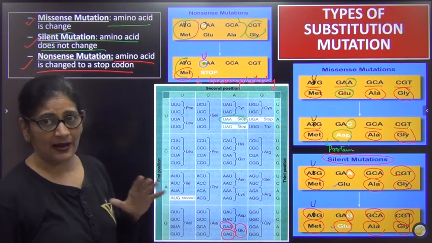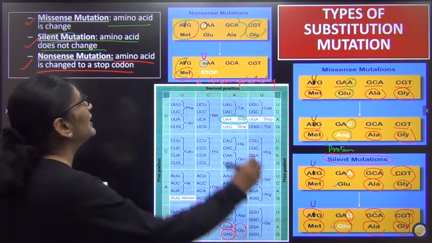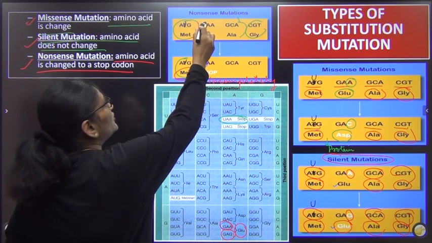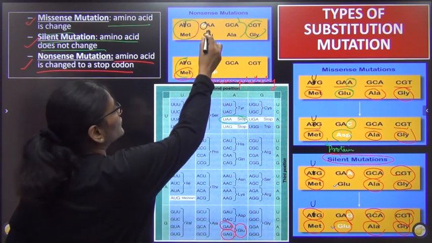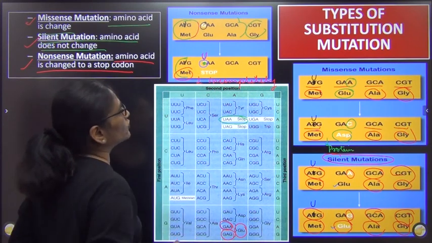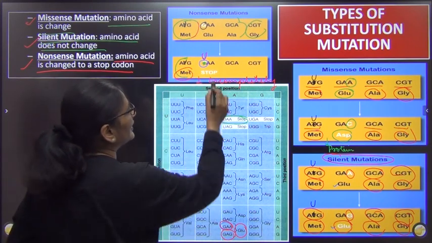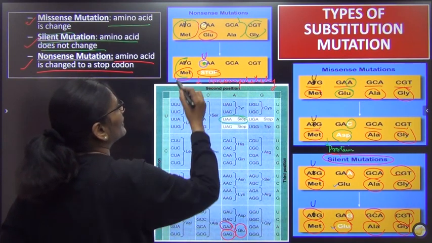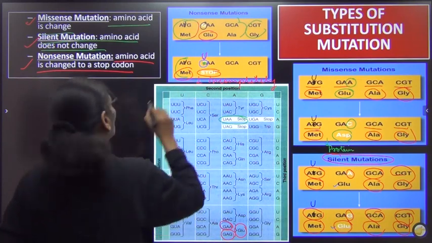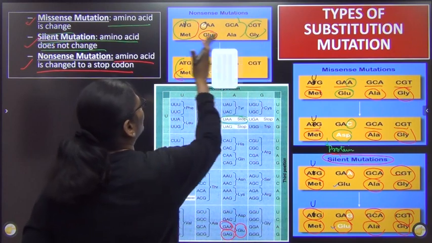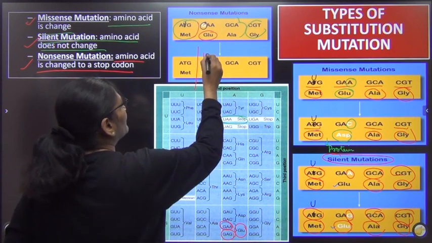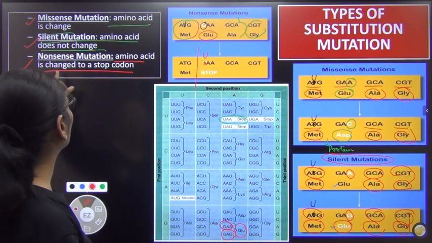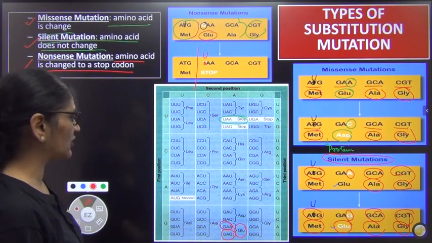Right? Since I have stammered here, I will repeat it once again. यहाँ पर क्या है? This is AUG, this is AUG, it's coding for methionine. यहाँ पर GAA था, you know that GAA codes for glutamine. Here the G is replaced by uracil. Once I replace it by uracil, now this codon, which was earlier coding for amino acid glutamine, now suddenly it becomes a stop codon, and the protein synthesis stops here abruptly. Right? The protein synthesis stops here abruptly, and because of this, the protein is not formed, the enzyme is not formed. Only this type of mutation is called as nonsense mutation.